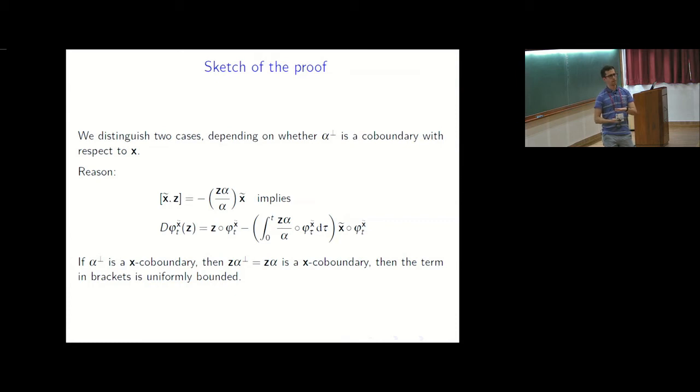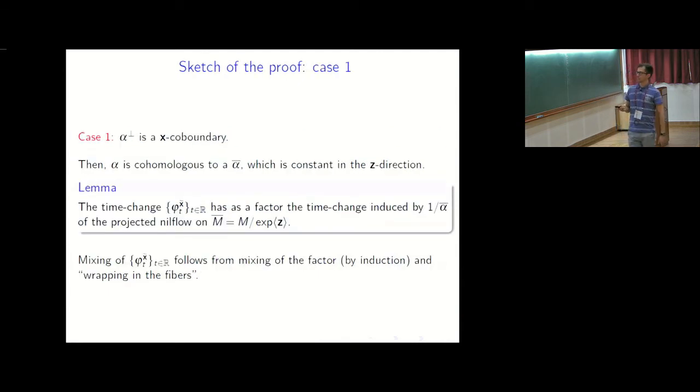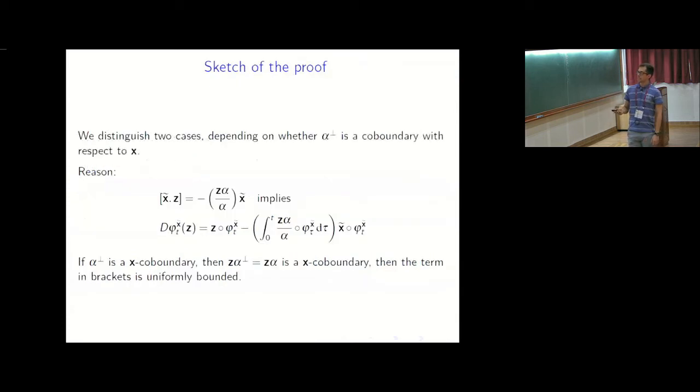You can assume by induction that the projected Nilflow is mixing, and you just have to lift mixing to the original nilmanifold by a wrapping in the fiber argument, which I'm not going to explain more, but you can ask me more if you want. On the other hand, if